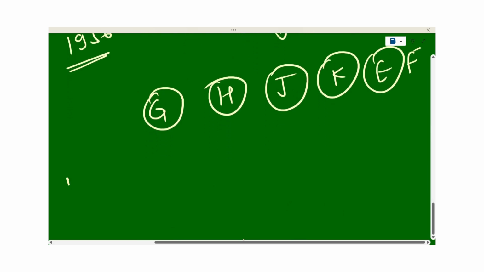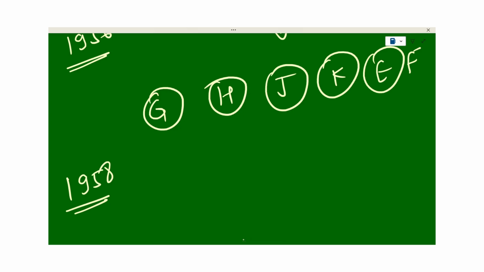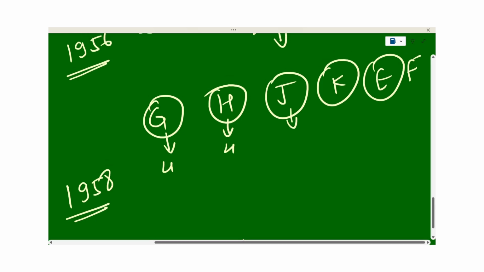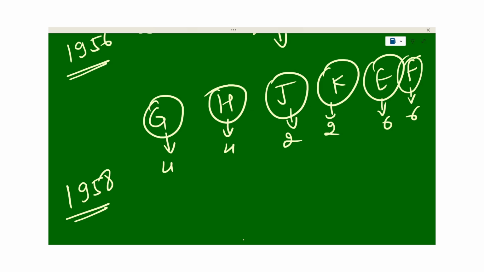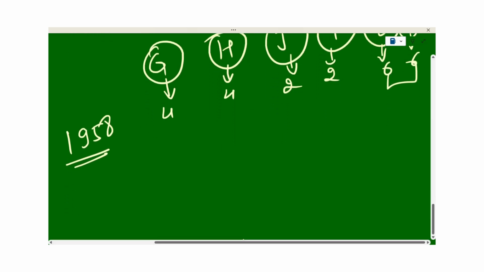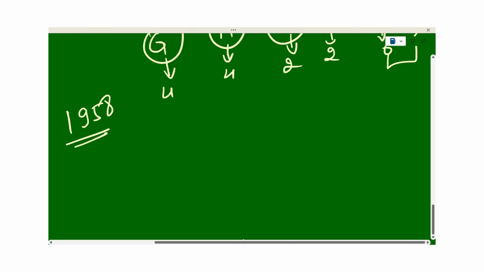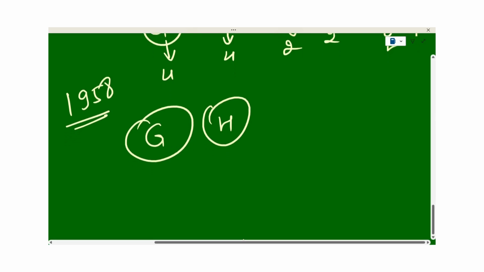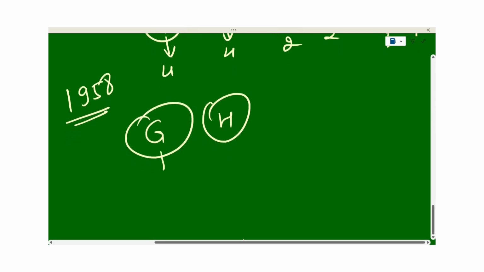Then after 2 years, that is in 1958, again 1/3 members get to retire, and the tenure of members would be G and H would have completed their 4 years, J and K would have completed 2 years, and E and F would have completed their 6 years. So ये दोनों अब retire हो जाएंगे. So in 1958 the situation would be GH would have completed 4,